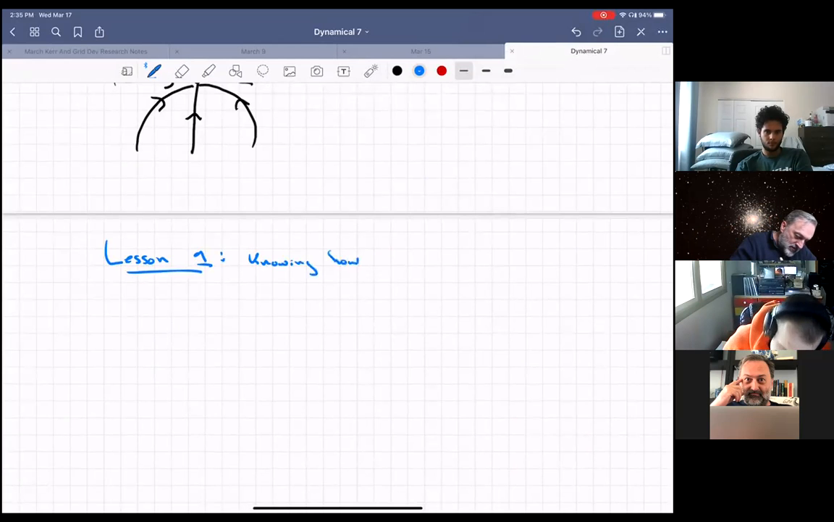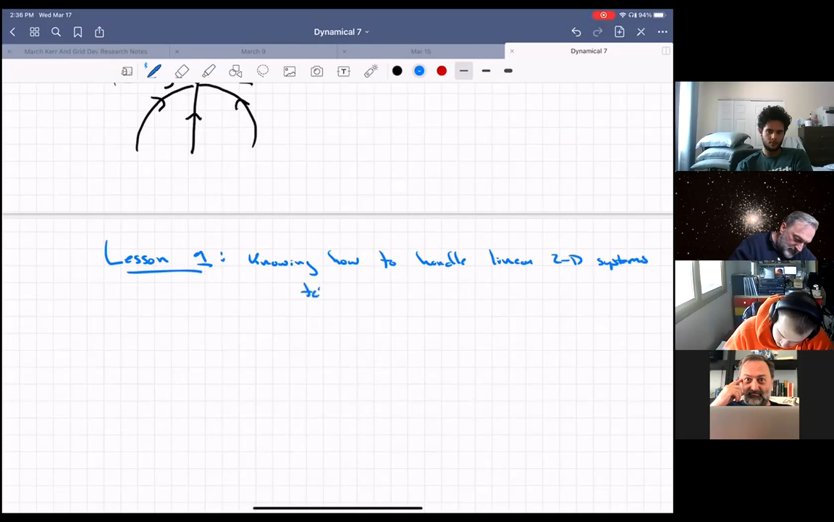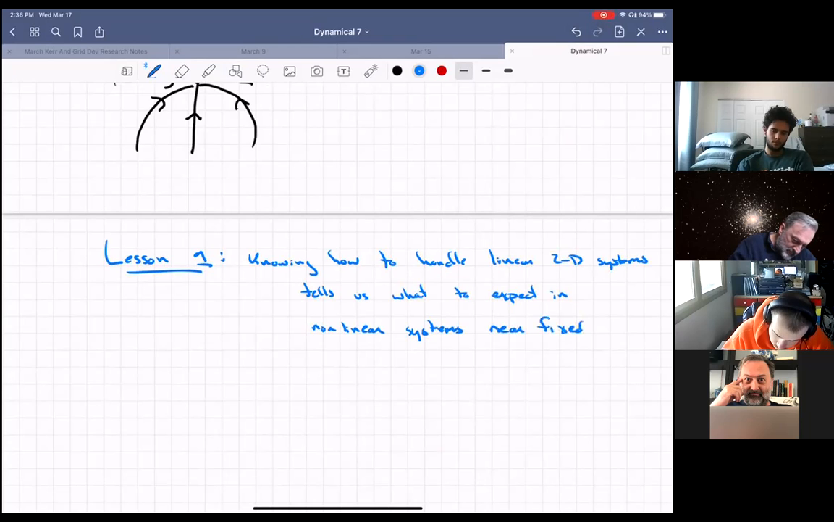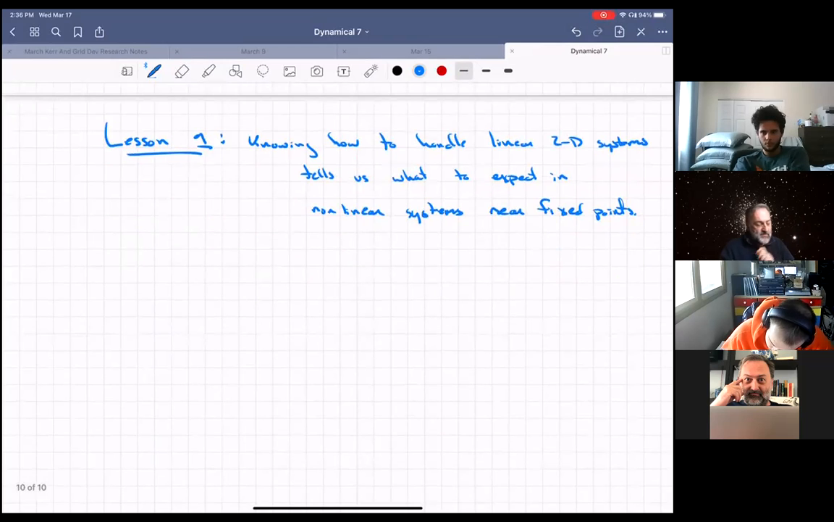Knowing how to handle linear 2D systems tells us what to expect in nonlinear systems near fixed points. So that's sort of lesson 1. All right, now the second lesson in this